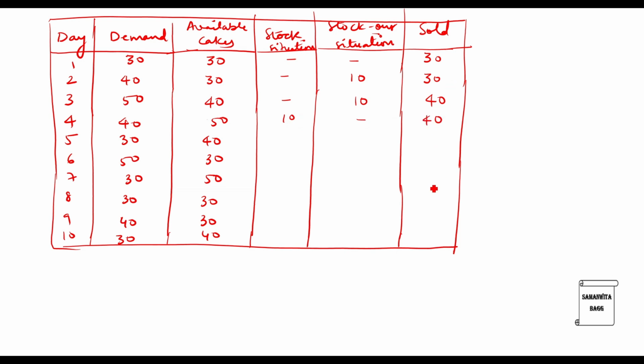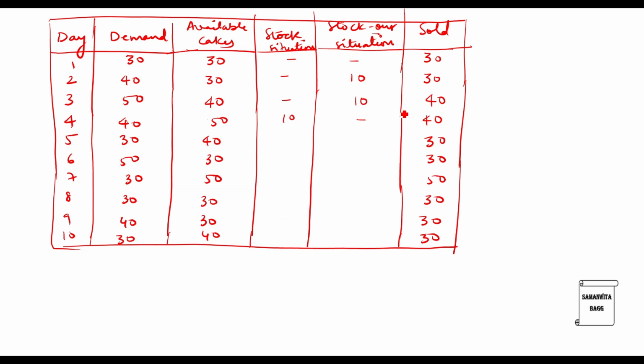Now this column is actually very easy to fill up if you observe till now. The minimum of these two will fill up this column. So in case you're not able to think of so much, I'm giving you a shortcut. For creating the sold, just choose the minimum of these and you can fill up the table. If you want, I'll fill up the table and then read out for you. So I am just choosing the minimum of these values. So 30, 30 and 30.